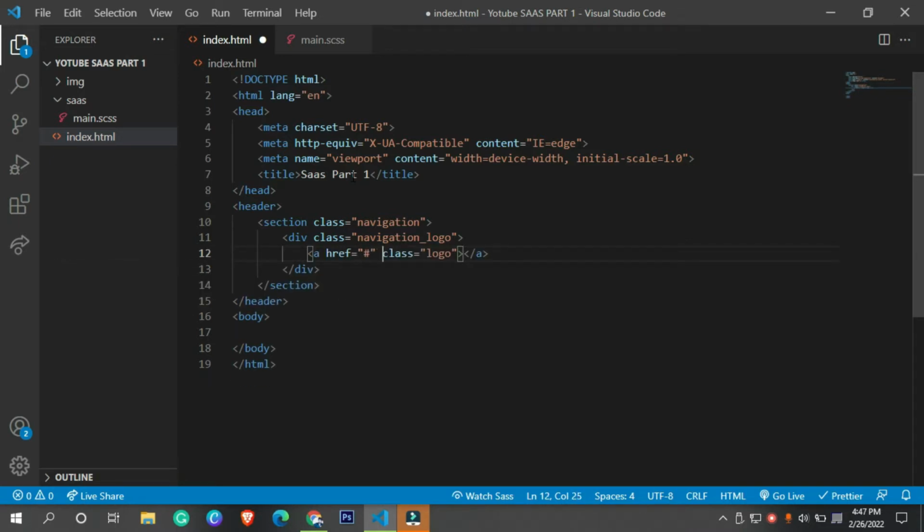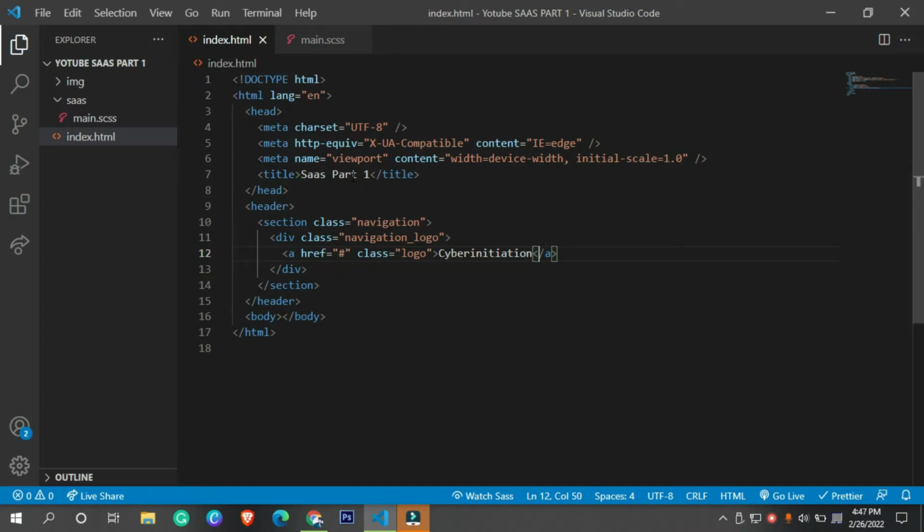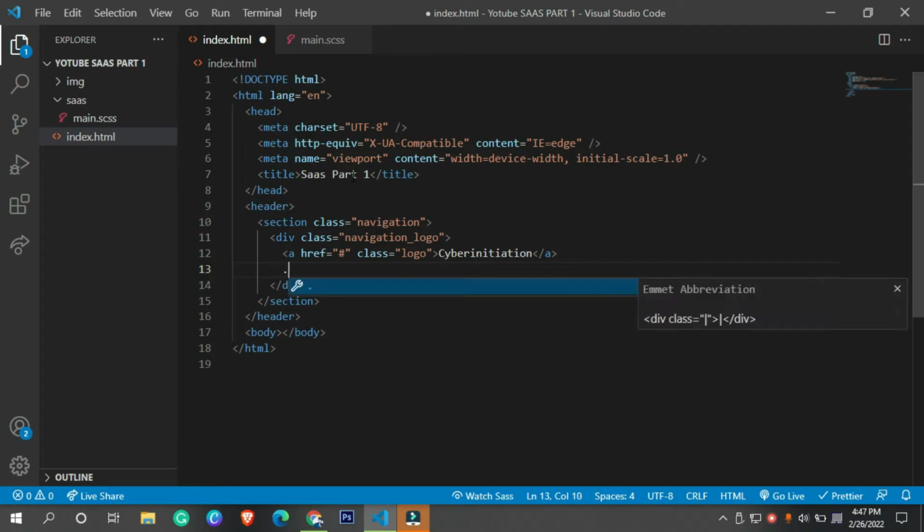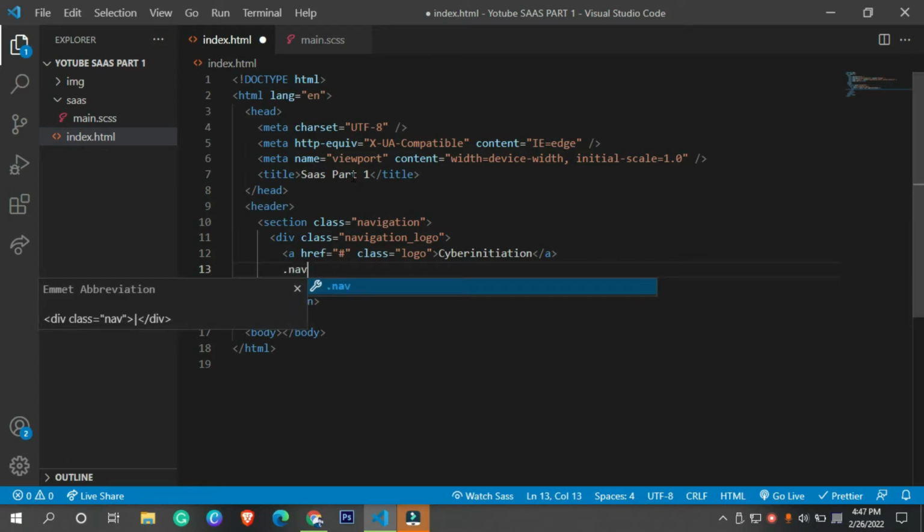a.logo, which is a hyperlink, and I'm going to call this logo Cyber Initiation, which is my agency name. So basically this is the name of this logo. After that, we need a navigation link.